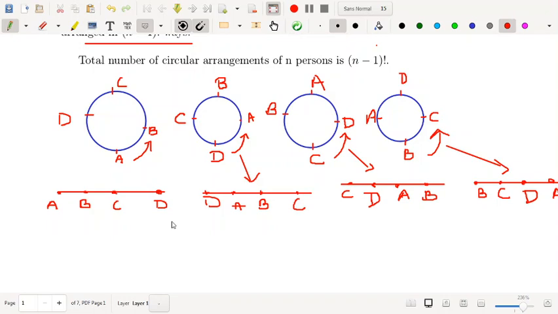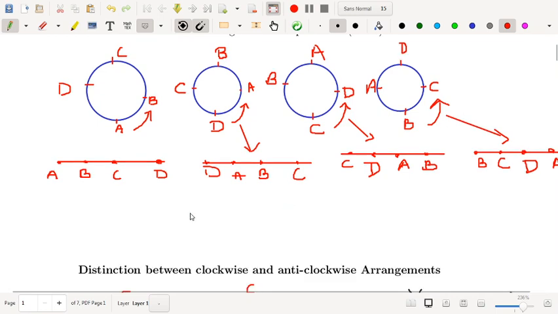So we conclude that if ABCD are sitting in a row and they are shifted in such an order that the last occupies the place of the first, then the 4 arrangements will be different in row arrangement. So if you arrange the 4 things, for each circular arrangement the number of linear arrangements will be 4. For one circular arrangement, there are 4 linear arrangements. So for n, how many arrangements will there be?